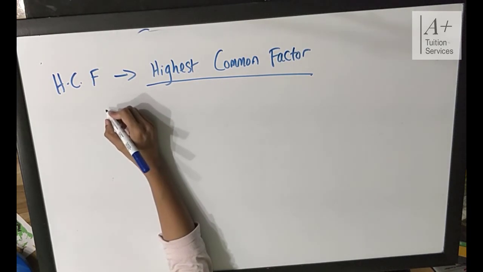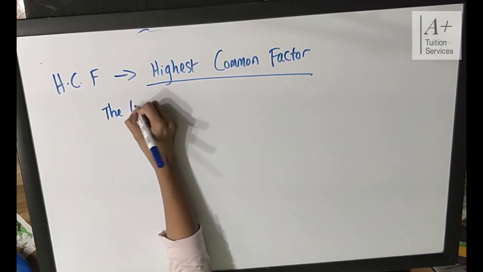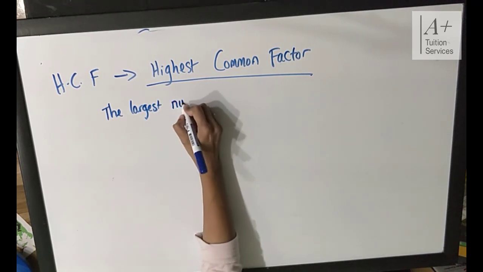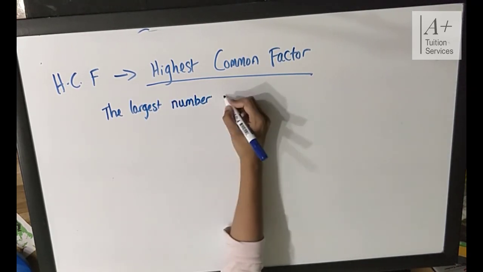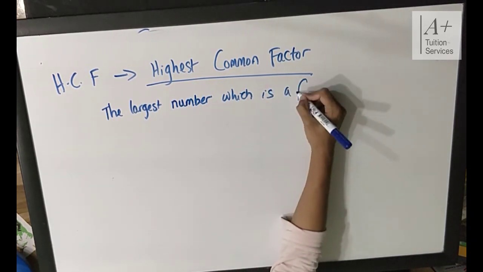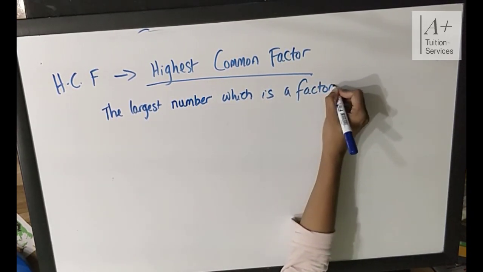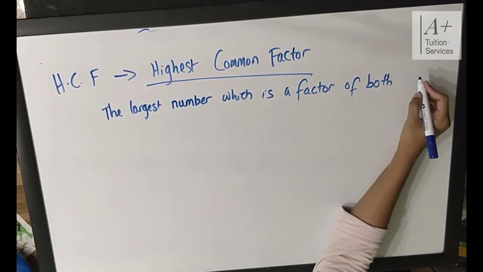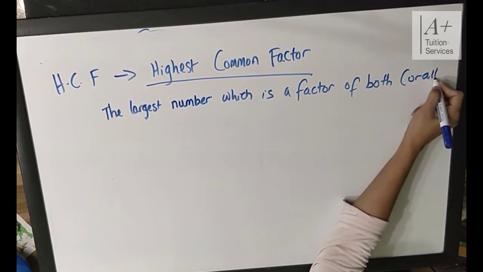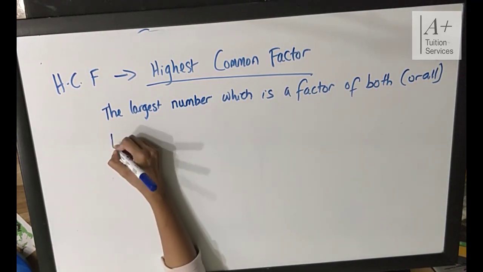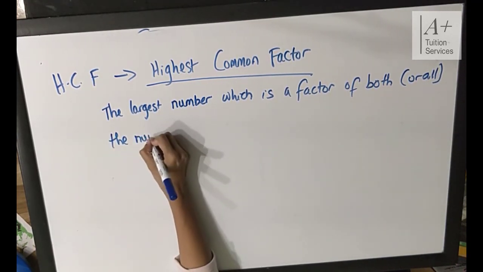So the largest number which is a factor of both or all, so you can have a string of 3 numbers or 4 numbers. Okay,